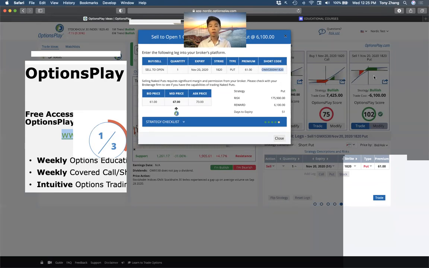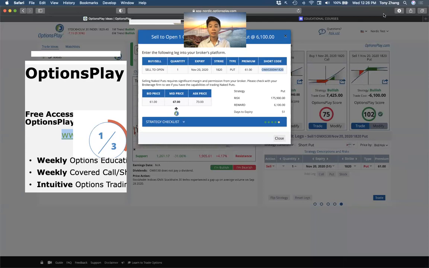I actually recorded a video for Nordnet a few weeks ago on this front, where you can copy the short code, search in Nordnet with it, and it will populate the strategy for you. You can do it in Avanza as well. So this short code, you can just search in Avanza or Nordnet, and it'll bring up this specific contract for you to enter. And just make sure that you use the same